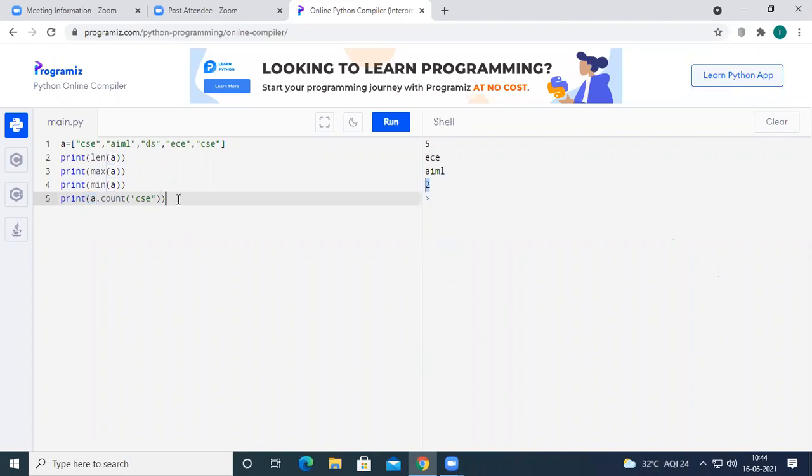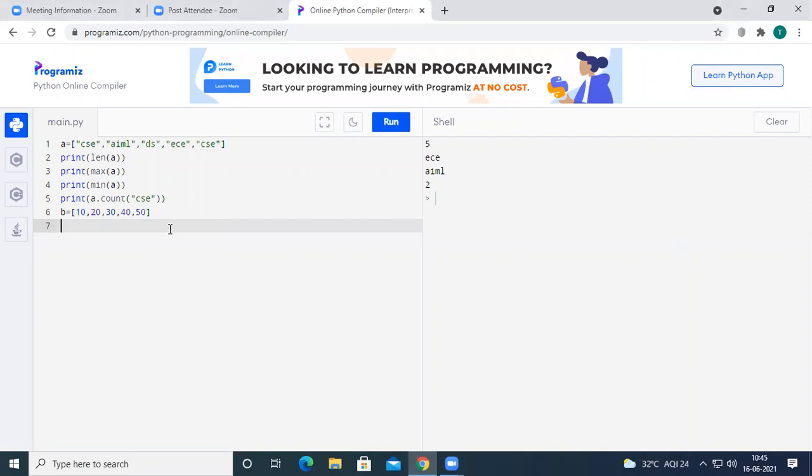Okay, and now let us declare one more list: 30, 40, and 50. I have declared one more list. So let us concatenate these two lists. We all know that plus is a concatenation operator, where it is going to add one list with another.